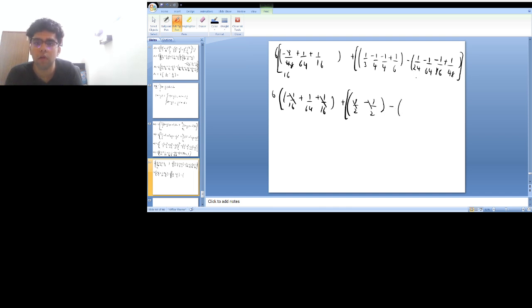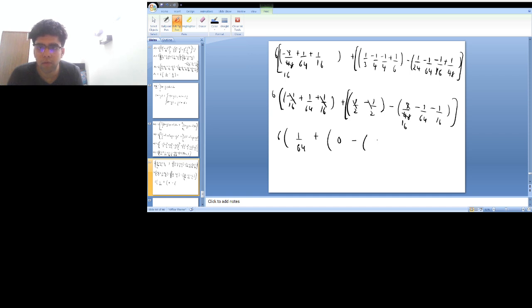Minus, so this is again 1 upon 24, 1 upon 48, this is 3 upon 48, minus 1 upon 64, minus 1 upon 16. So this becomes 1 upon 16, so what I have is 6 into 1 upon 64 plus this is 0 minus